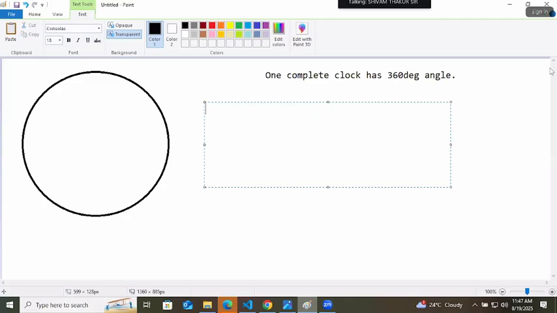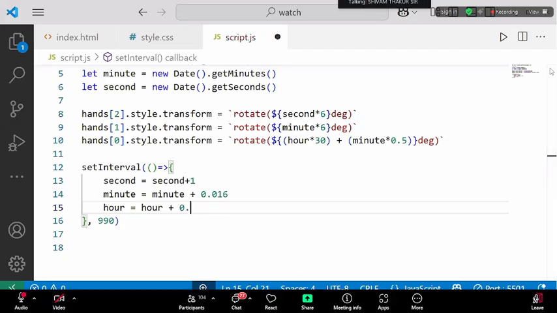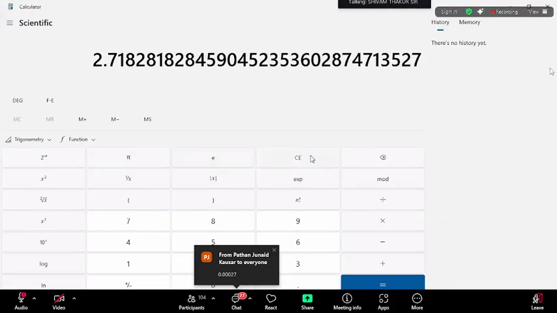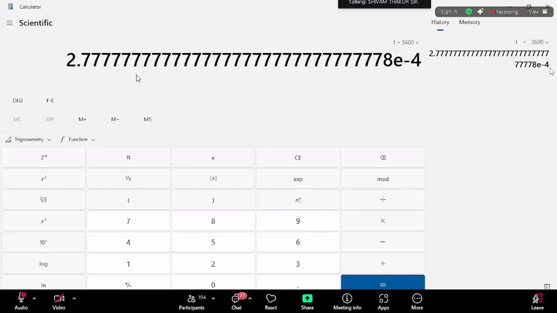After every second, how much will the hour increase? In 1 hour, how many seconds are there? 3600. 3600 seconds equals 1 hour. Then 1 second equals how much hour? 1 by 3600. Calculate and tell the answer quickly. Hour equals hour plus 0. I will calculate, using the calculator also, 1 divided by 3600.